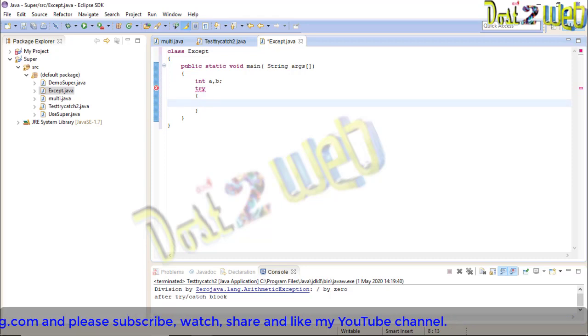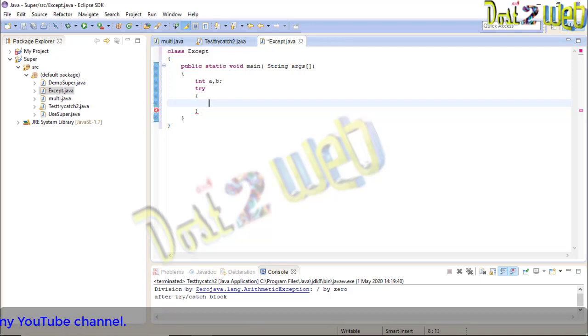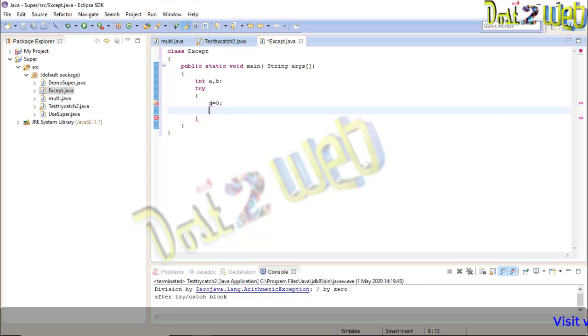Again opening brace and closing brace. When you write the try block, what are you going to write in it? We are going to write a program for division of 2 numbers, but that is the division by 0. So I will define d is equal to 0. You can even directly write int a is equal to 2 by 0 also, whatever you want. Now I'll write a is equal to 40 division by d. Sorry, it is d. So when you write d, that means it is division by 0.